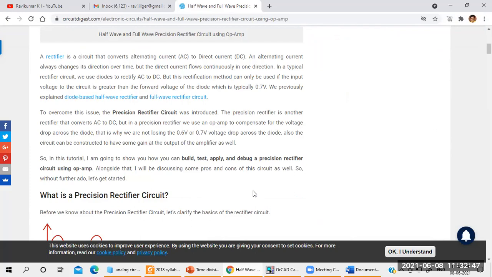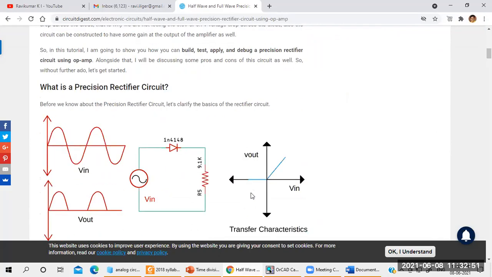Understood? For converting AC to DC, we almost always use diodes here. So in diodes, what happens? A diode needs some cut-in voltage in order to conduct current and voltage. What is the cut-in voltage of a silicon diode? That is 0.7. Below 0.7, there is no conduction, so there is no rectification.